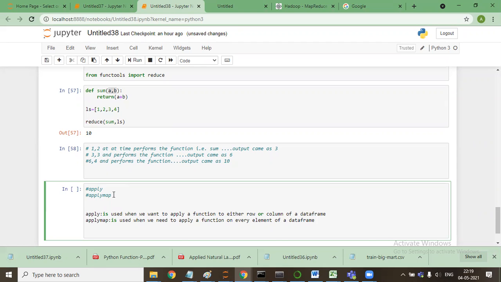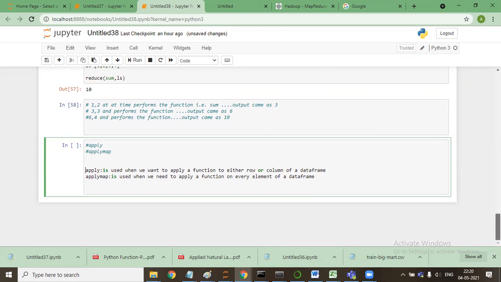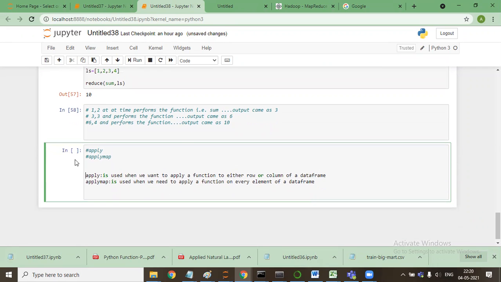let me take a data frame and we'll see how it can be applied. Let me create a data frame. Let me first comment it.